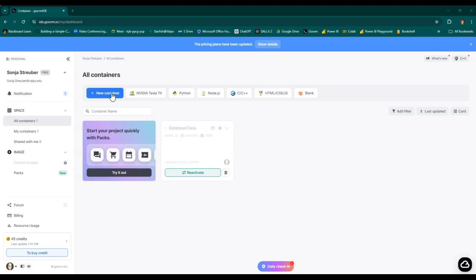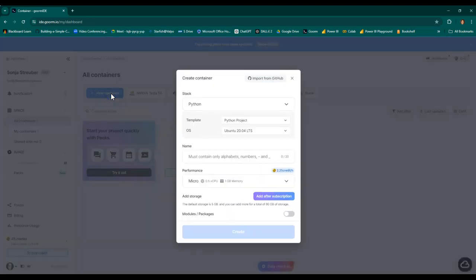So now let's take a look at how to set up a new container. We're going to use the new container here, and then within the new container, we're going to not change any of this. We're going to make a name for the container. I'm going to call it MySQL,